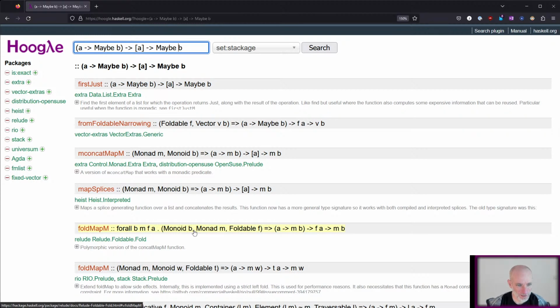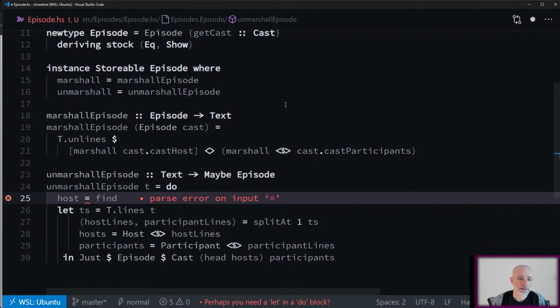I think. Why does B have to be a monoid? It doesn't matter actually, because it'll work anyway, but text will be a monoid. I just don't really understand why it has to be. I wonder what the fold is doing. I don't want to fold anything, I just want to find the first. Okay, so it's going to be first just in extra, but I don't have extra. I'm not sure I want to add it just for this. So I'm going to call it first just of